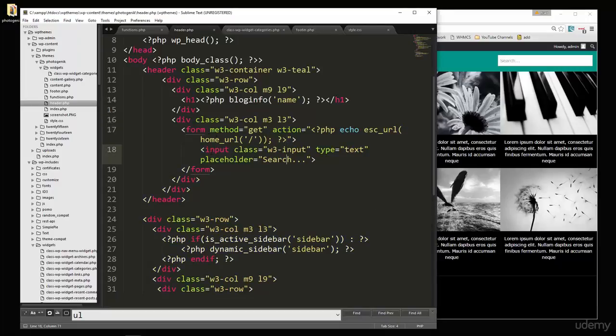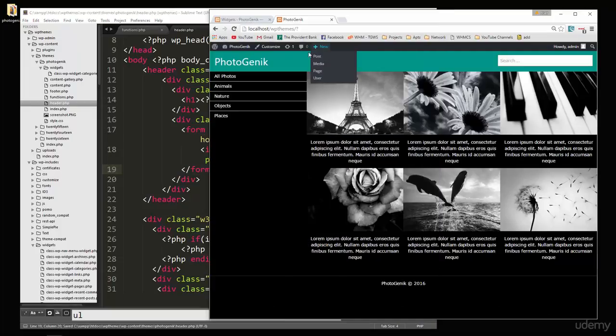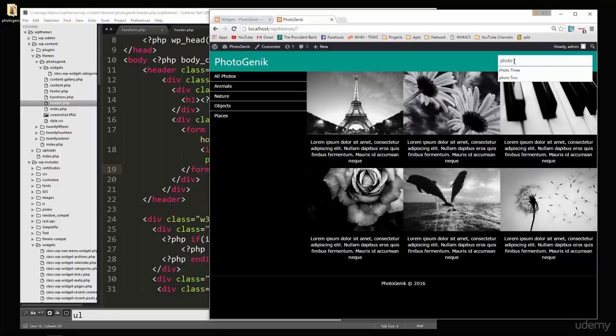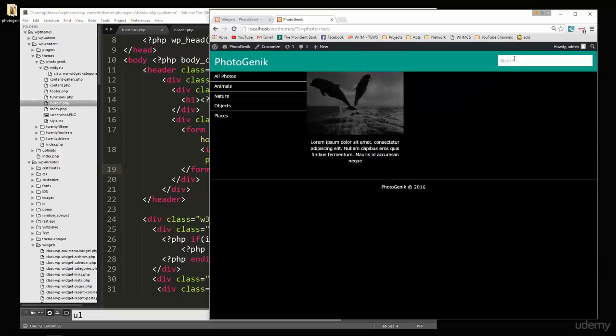Oh, one last thing, we should give this input a name of s for search. Okay, so we'll save that, reload, and in here let's say photo 2, enter,